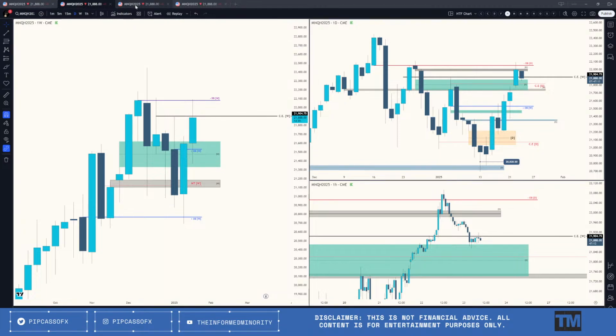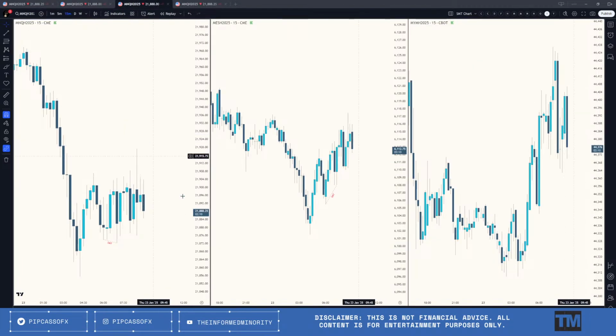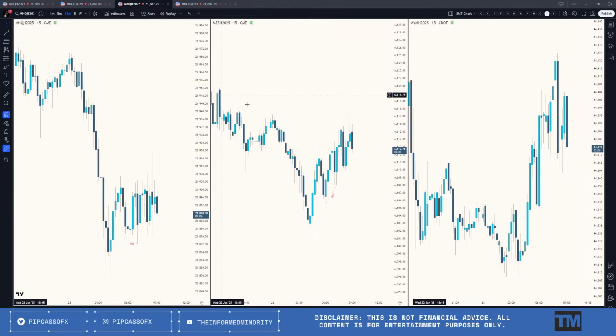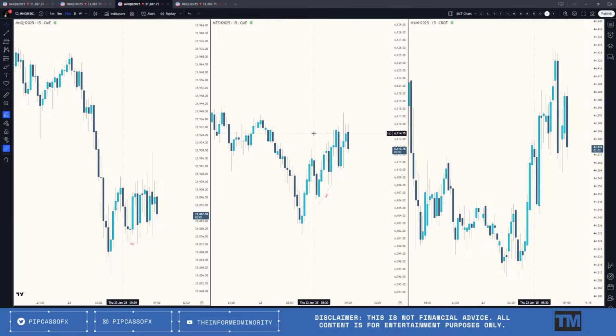So I'm going to go to SMT a little bit. I did see this SMT, but again, we also have SMT above this high as well. So it's kind of mixed right now. I don't necessarily have a massive bias, and you can see that we've been consolidating. So nothing really clear there either.